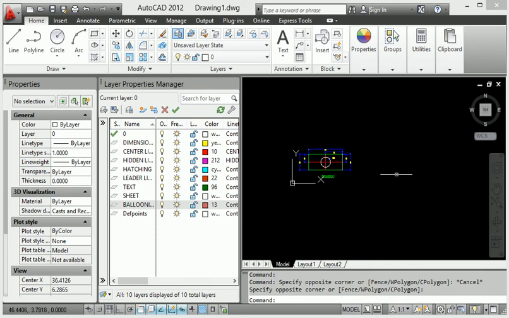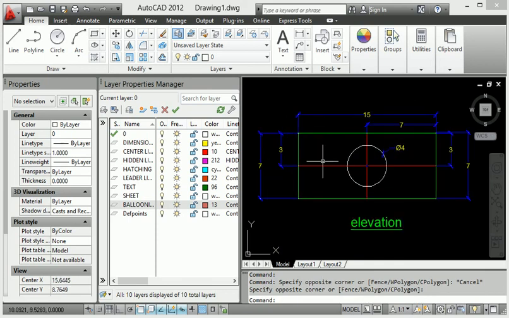Look at this. Right now there are different types of layer. When I want to go to dimension, here is the dimension layer. This is the center line, so the dimension center line is set up. And if you fill the hatching, you get the hatching layer. And if you provide the text here, when you enter the text, this is for checking purposes. Different thicknesses provide clarity to our drawing print.